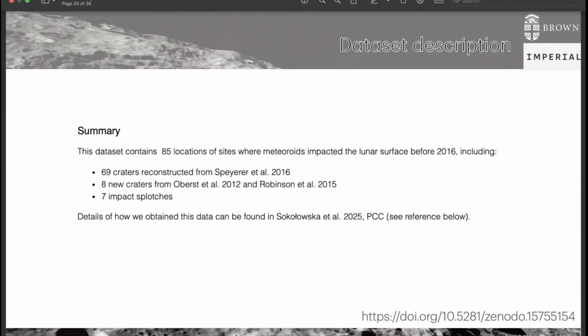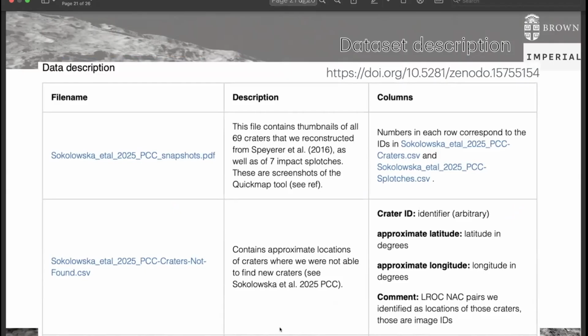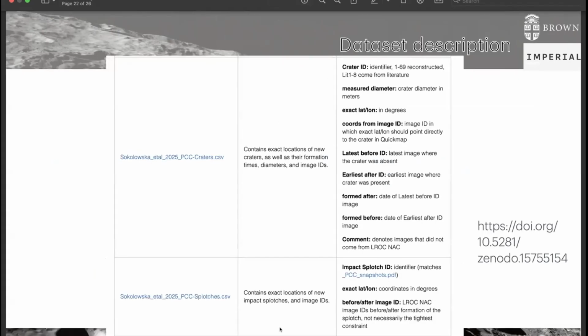The dataset online has 80-something locations. That's the 69 craters reconstructed, plus some from literature, plus impact splotches. The data contains the PDF with thumbnails, as I mentioned. But I also want to highlight the list of approximate locations where we didn't find craters, but they should be somewhere in a wider radius. So if someone has resources and the need to invest in searching better than we did, then you can. There's a CSV with crater locations, lat long, latest before and after IDs, and formation times,